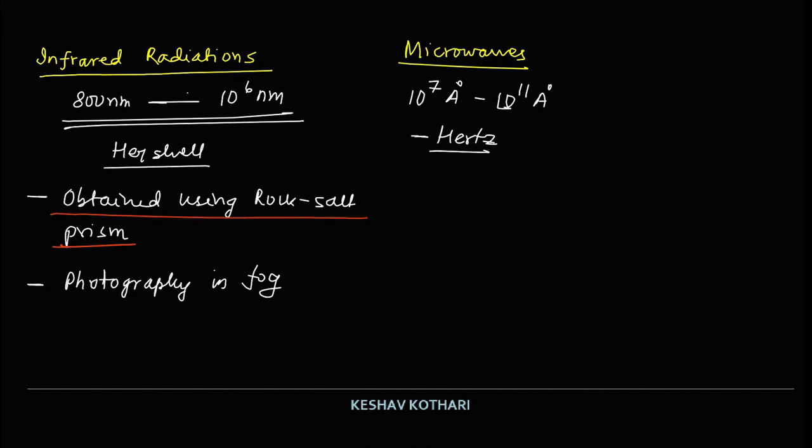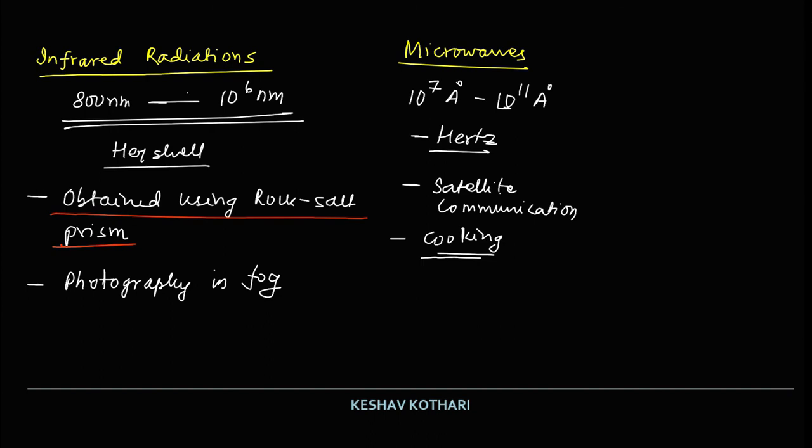They are used for satellite communication. The best usage is satellite communication. Moreover, we are also using it for cooking, that is, microwave ovens are used for cooking as well. They find application in radar communication, in satellite communication, and obviously cooking is one usage of microwaves, and they were discovered by Hertz.